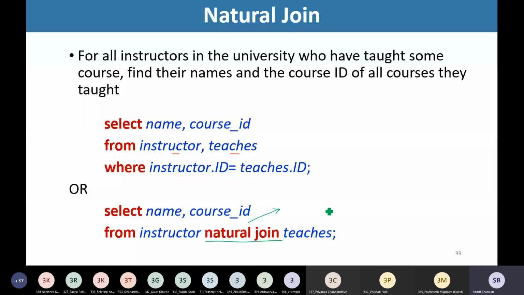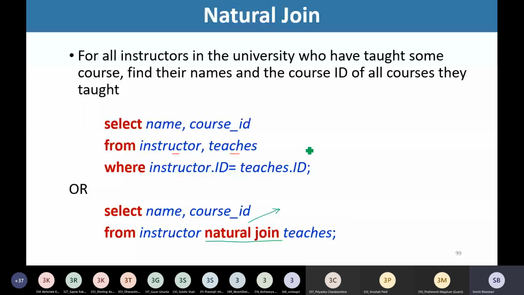Whichever are the common attributes in these two relations are matched automatically, so we need not provide such a matching condition. Whichever are the common attributes in both relations are matched naturally, because they are common. So these two queries provide us the same result.